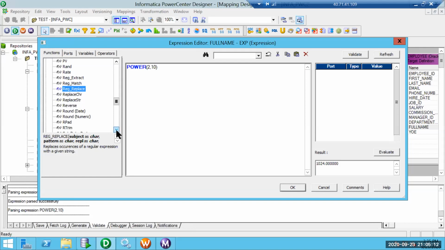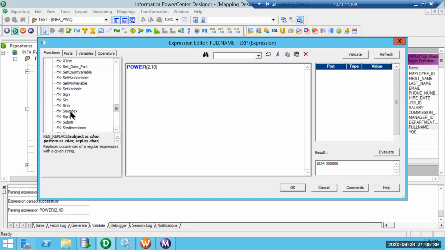Trunc is another function which we can use, and it is capable of populating different variations. Set var, set minimum var, set count var: these are for parameters. When we create parameters, we use set and get variables. Setters are to set, and then we can get variables also to retrieve the values. SQRT is square root.